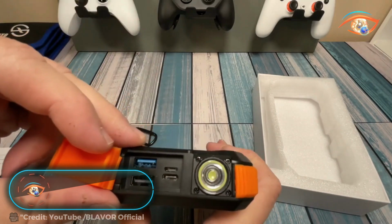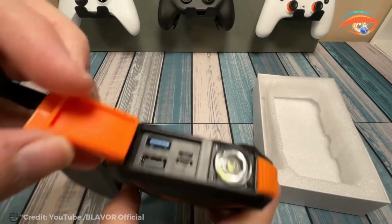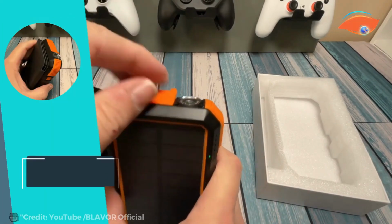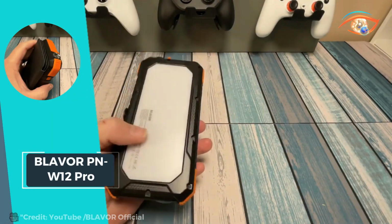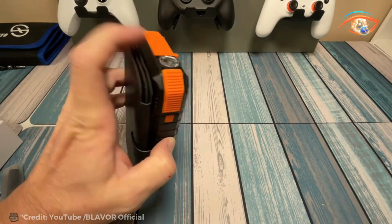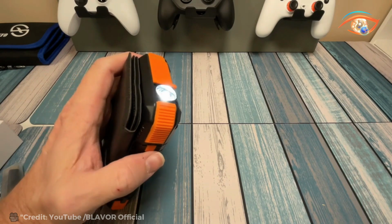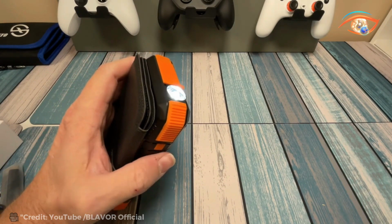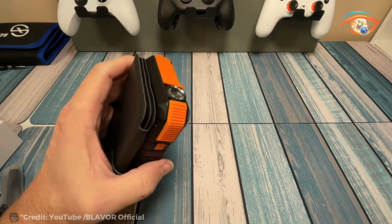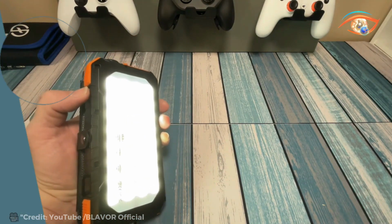Blavor PN-W12 Pro. The Blavor PN-W12 Pro is a game-changing solar charger, combining innovation with reliability to keep you powered up wherever your adventures take you. With its foldable solar panels and 20,000 mAh capacity, it delivers fast charging in any environment. The USB Type-C connector ensures compatibility with a wide range of devices, while the waterproof, shockproof, and dust-proof design provides